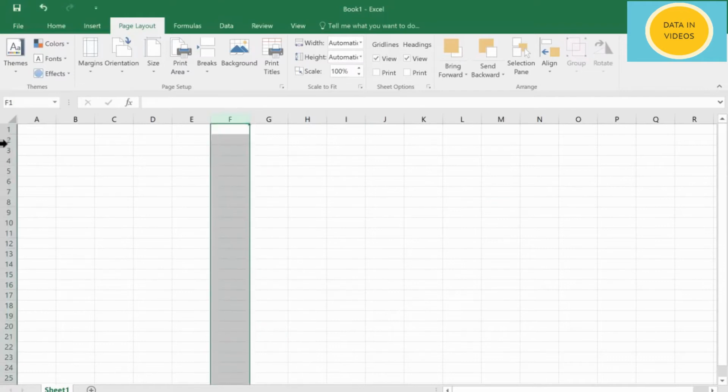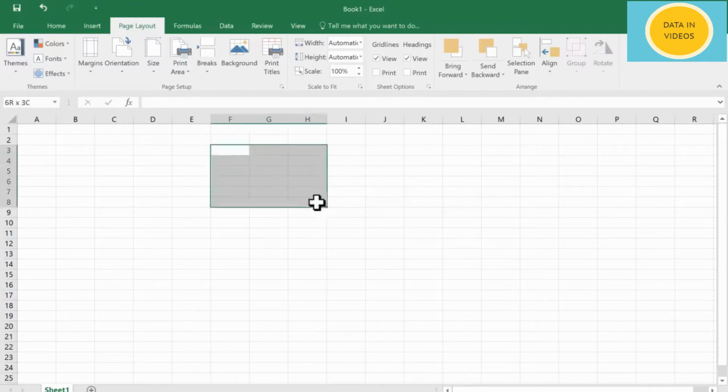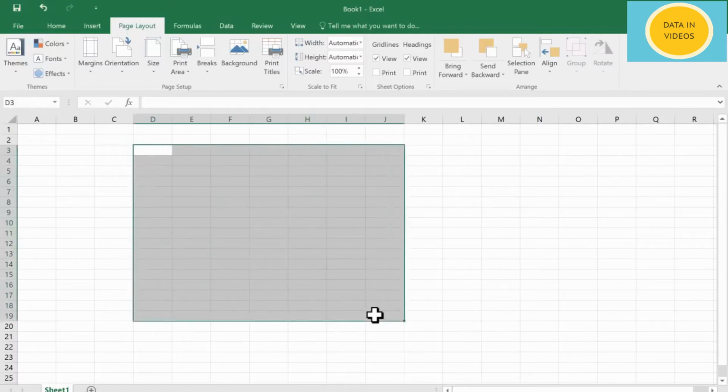After rows, columns and cells, the next part is range. A range is a group of cells that are together. A range could be this, it could be this, and many more. It's basically a group of cells that are next to each other.